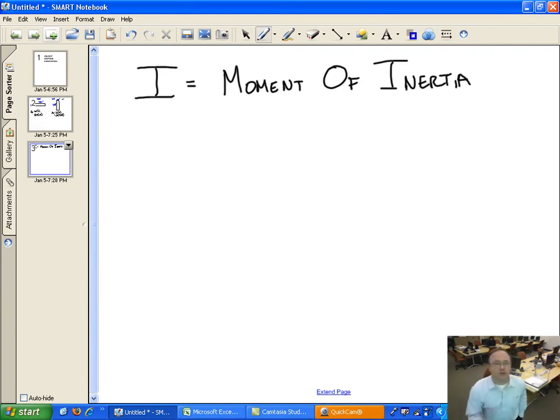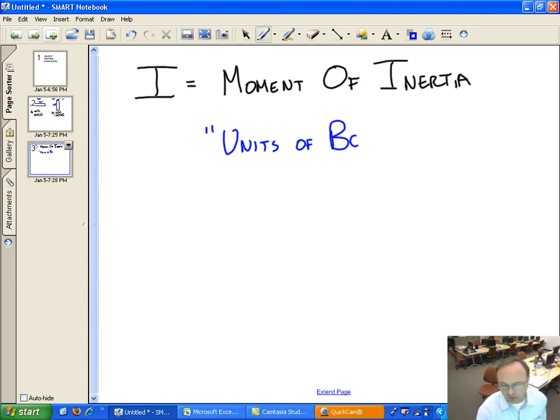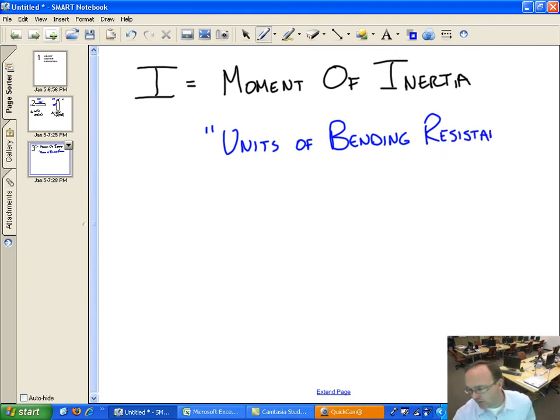I commonly refer to this as units of bending resistance. We can derive how you obtain the moment of inertia, but realize that the moment of inertia has units of length to the fourth. It's a cross-sectional property, length to the fourth. It's kind of convoluted how you get there, so we're not going to bother deriving the moment of inertia. We just know for a rectangle,